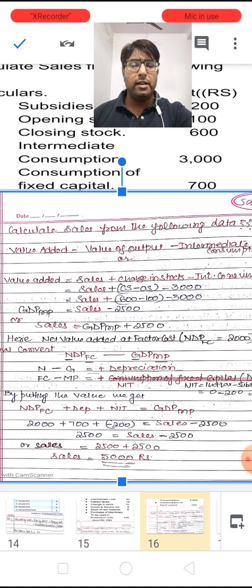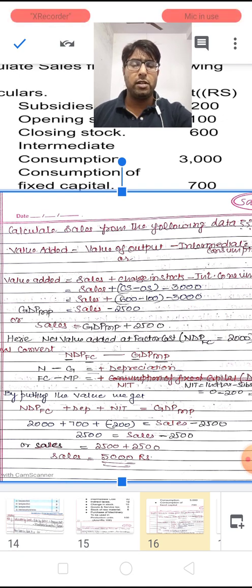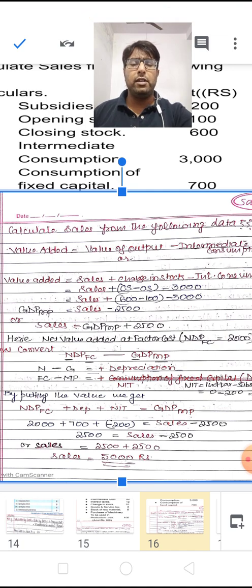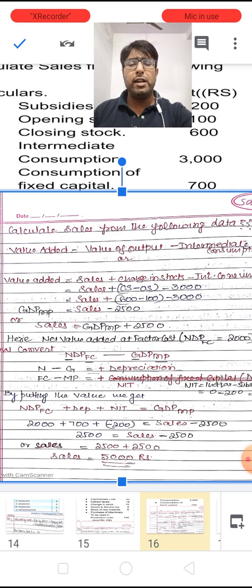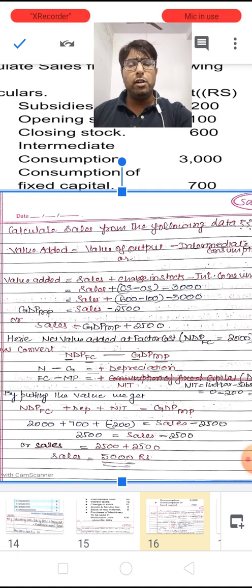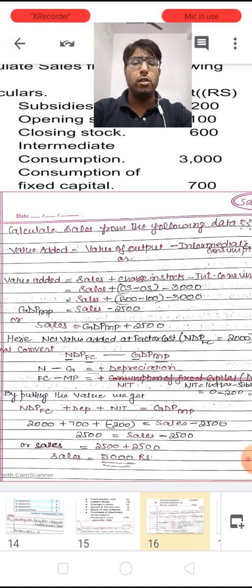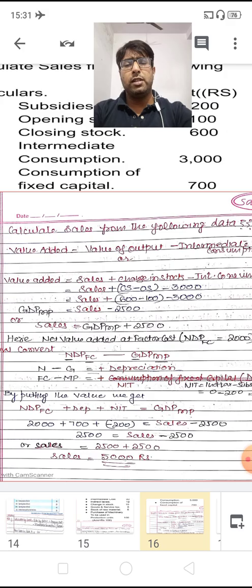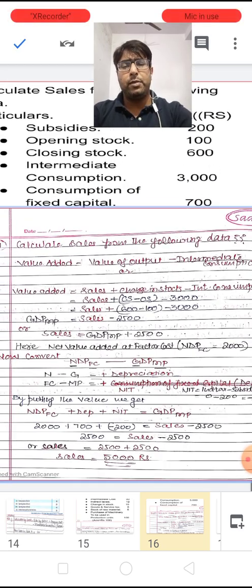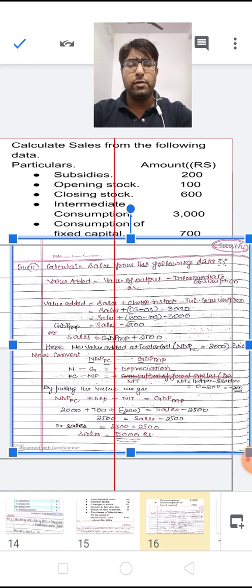On the left hand side, by plus minus we will get the value of 2500, that is the positive value, but on the right hand side it is equal to sales minus 2500. So by sending the minus figure to the left hand side, we will get the value of sales is obviously equal to 2500 plus 2500, or the value of sales is obviously equal to 5000. So this is the concept, or the various methods, of solving the numericals portion of this chapter.